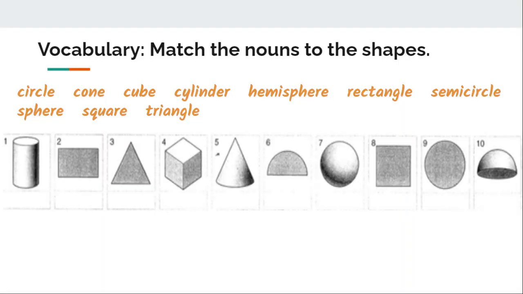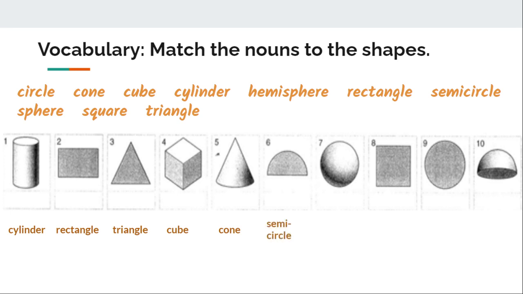So vocabulary. Match the nouns to the shapes. So shape number 1 refers to a cylinder. Shape number 2, a rectangle. It is kind of not narrow, but wider. We can say it is wider than a square. So 3, we have a triangle. 4, we have a cube. 5, we have a cone. 6, we have